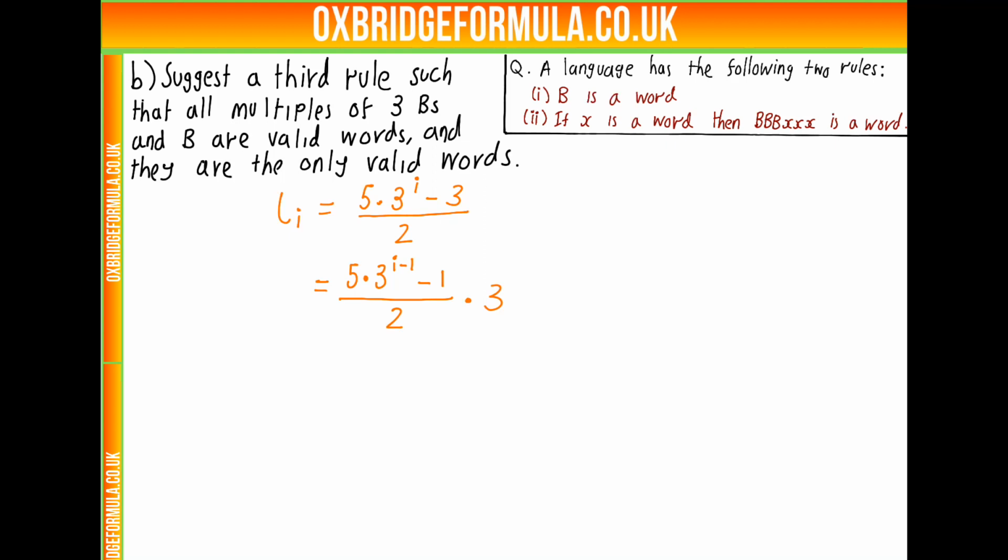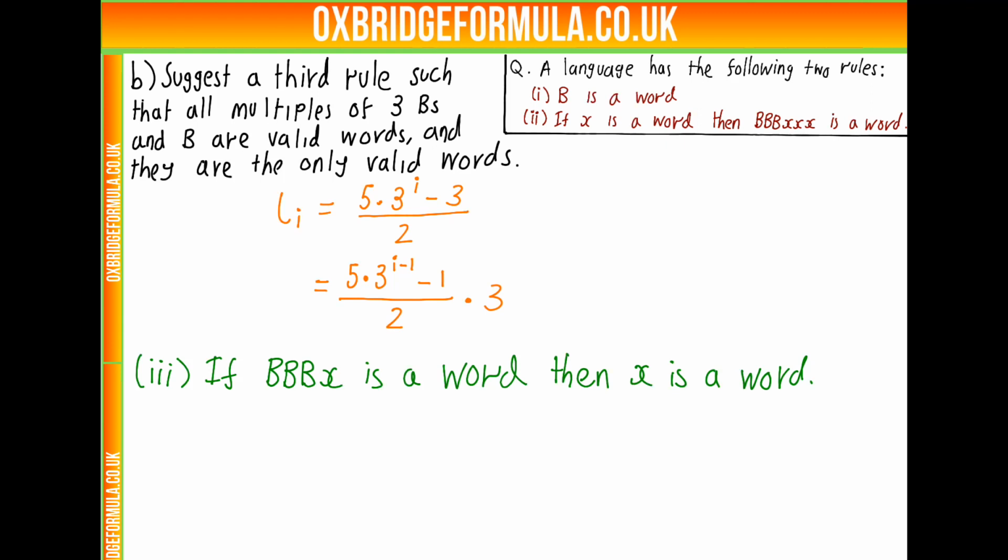But we can certainly make arbitrarily big multiples of 3, just by doing it again and again and again. So the things you're allowed to do with this third rule aren't particularly clear, but probably the one most in keeping with the style of the question is this: if BBBX is a word, then X is a word. So how does this work? Well, certainly